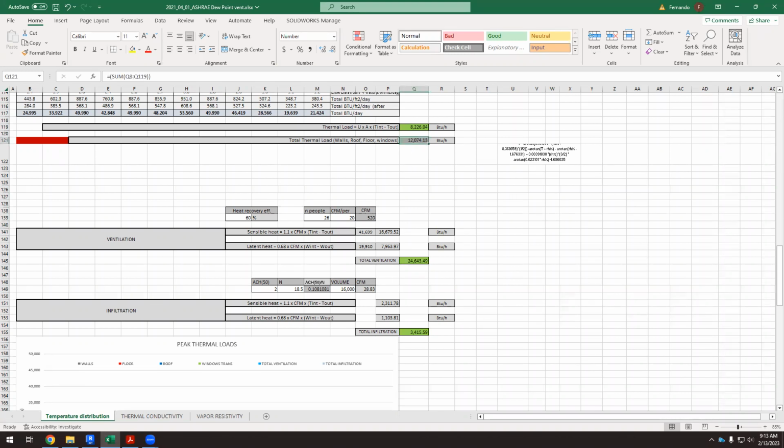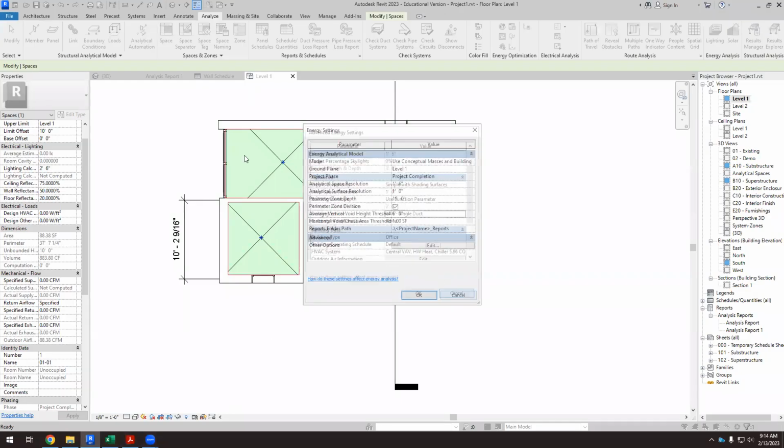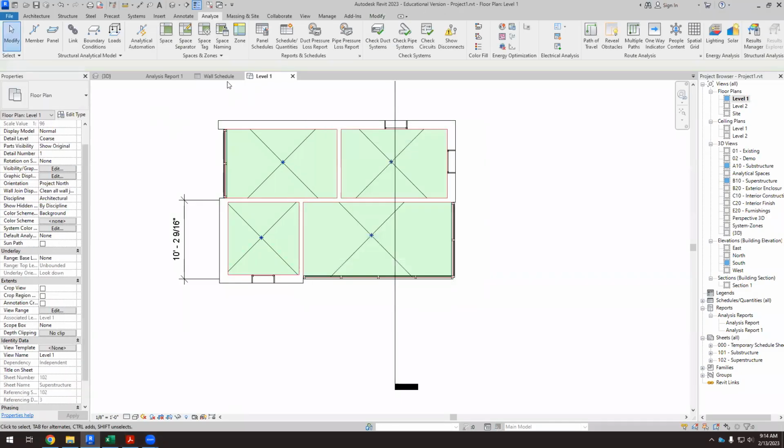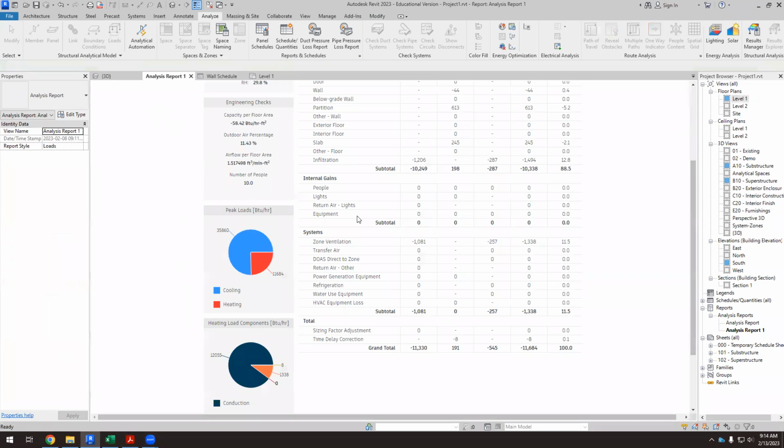So through the envelope, Revit says that we have around whatever, and this is what I have here for the ventilation. I have numbers, and then for infiltration, we can see what Revit says about infiltration in the report. If we go to the report, here we have infiltration. Okay, so when it comes to infiltration, I have